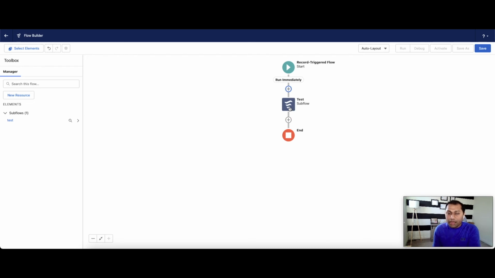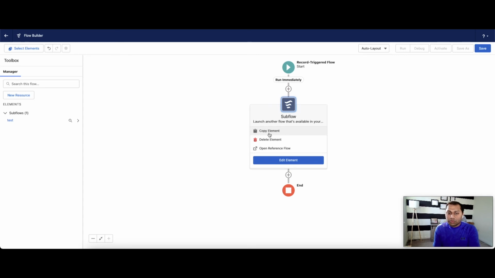Another cool feature that Salesforce came out is with this copy element, and you basically can copy the element that you created and paste it. And you also have ability to go to that subflow directly. So since it knows that this is a subflow, you have a link directly over here to open that subflow in a new tab if you did not open that before. Going back to the